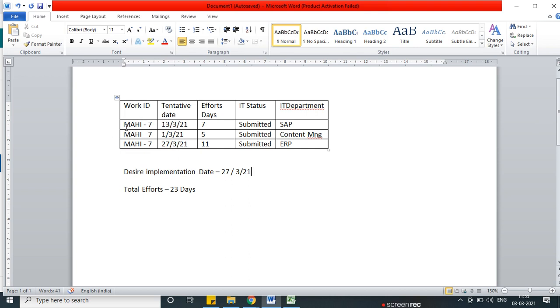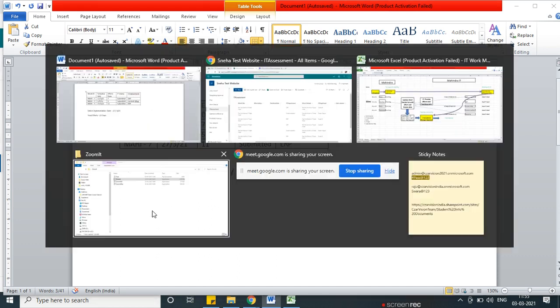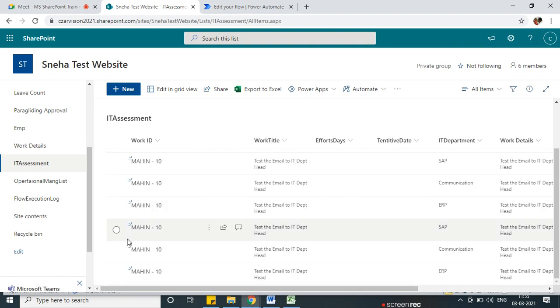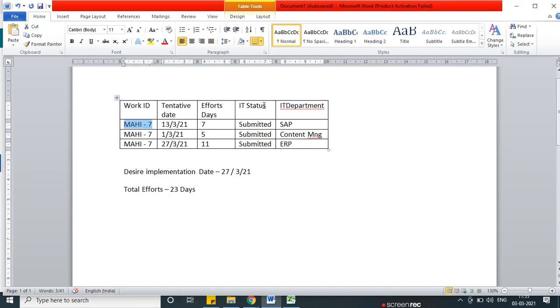And if I modify this entry, mahi-7, what should happen here? Ideally it will read all these 3 or 4 entries, whatever entries work with that ID. Here you can see there are entries with different IDs, like mahi 10. They appear with multiple IDs because we were testing our application. So if I retrieve mahi 7 and mark it as submit, and this one is also submitted,